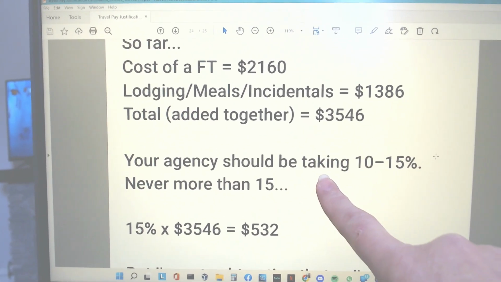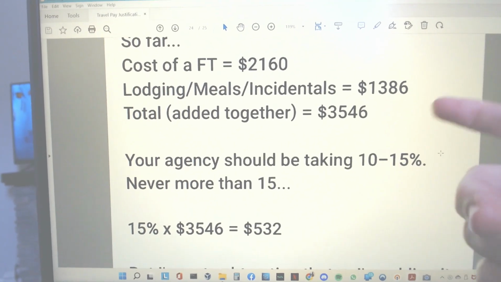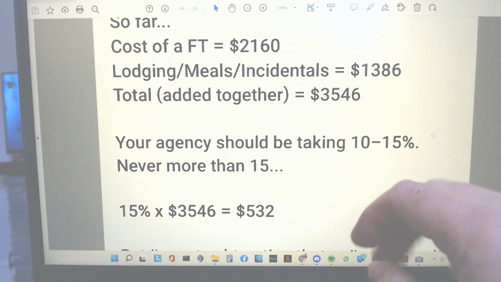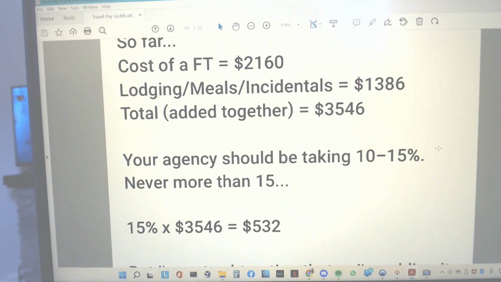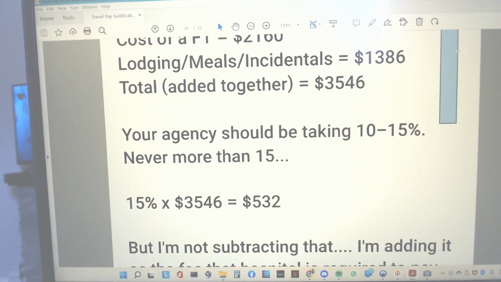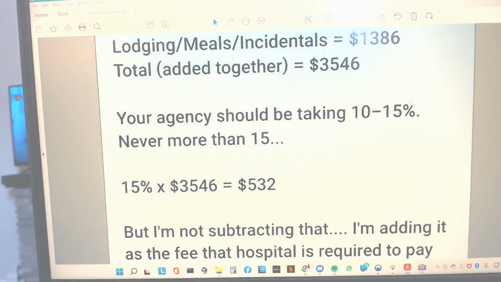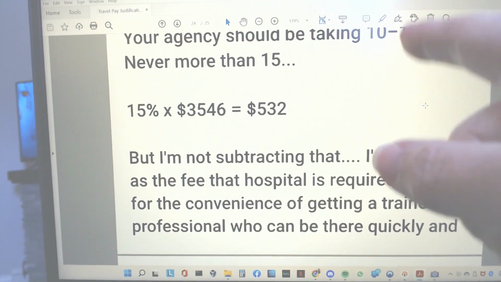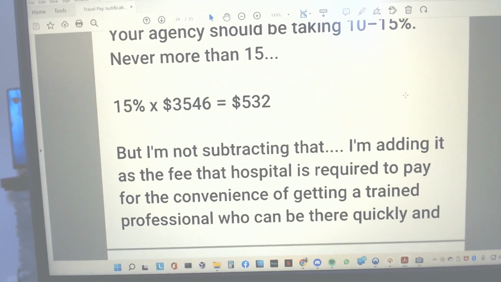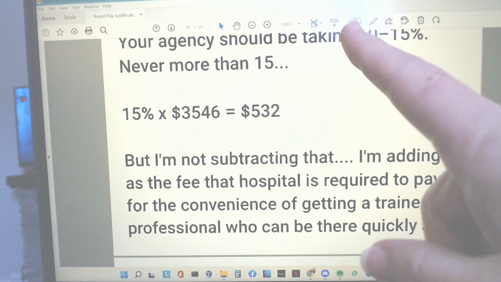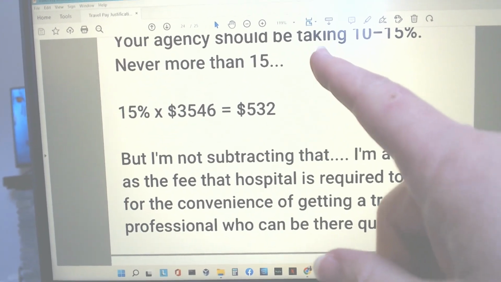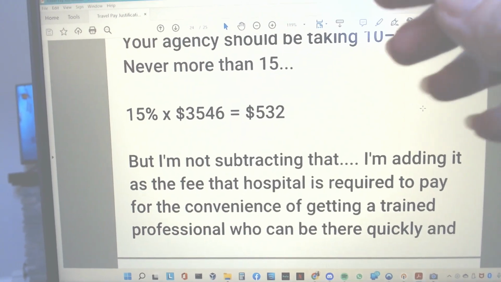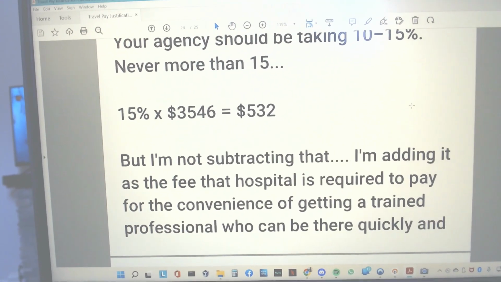Your agency is going to charge 10 to 15%. We're going to use the higher for the sake of argument. So if they want to keep 15% for their fees, we calculate 15%. That's $532. I am not subtracting that. Don't get confused. I'm not subtracting that because it is a fee that the hospital is required to pay for